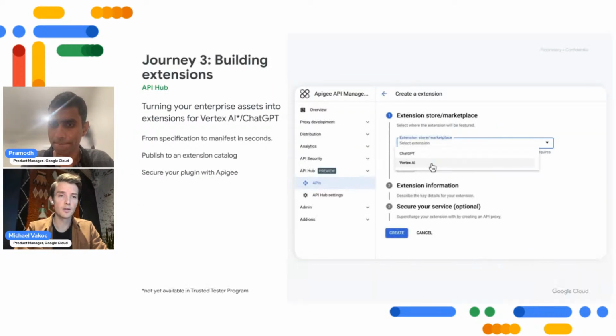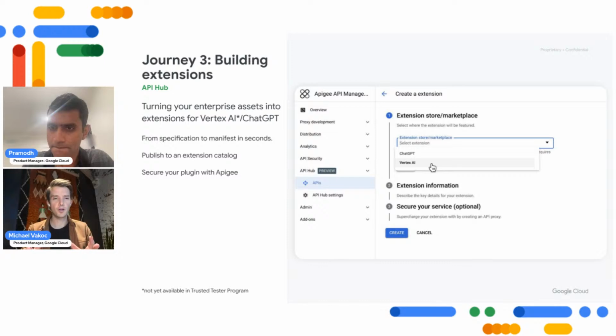Let's see. In API Hub, which is part of Apigee, you can easily create an extension for any of the APIs you have stored. With just a few clicks, you can select whether you want to create a manifest for ChatGPT or Vertex AI. We will help you fill in the information that the LLM needs in order to use that API, and you can publish it directly.